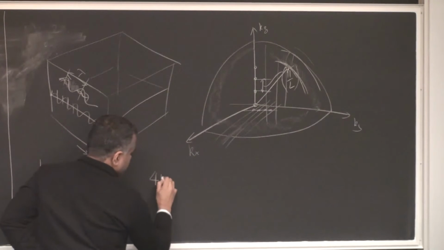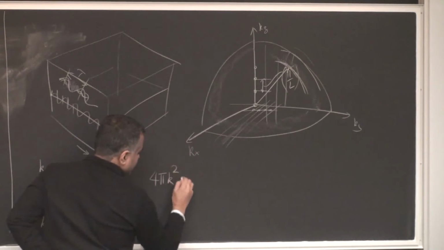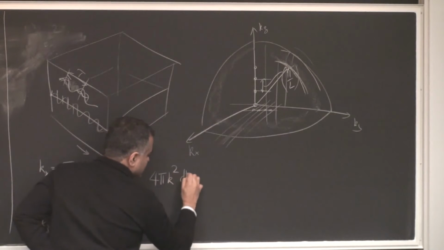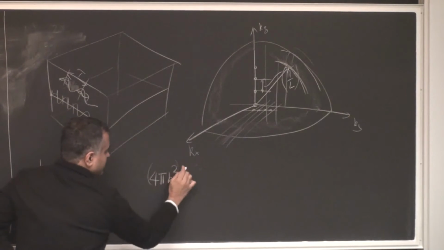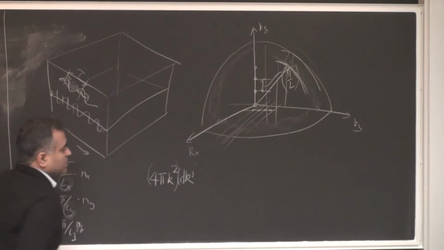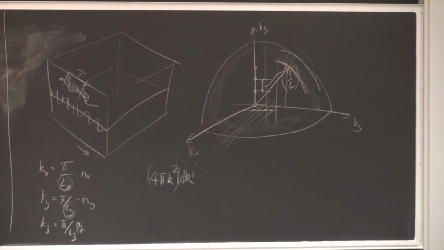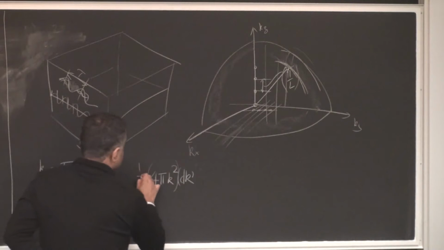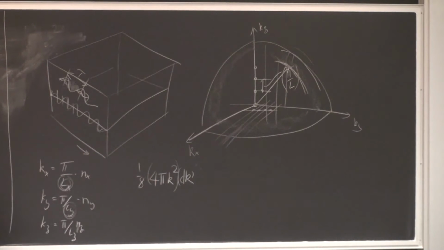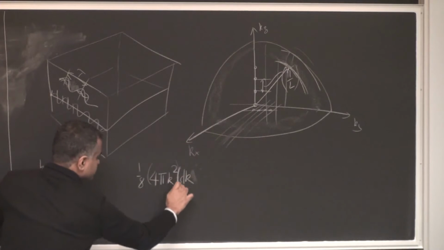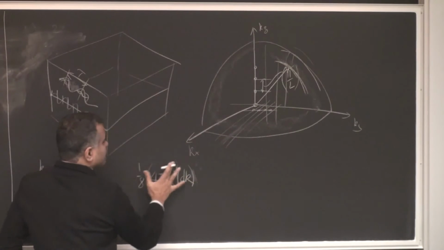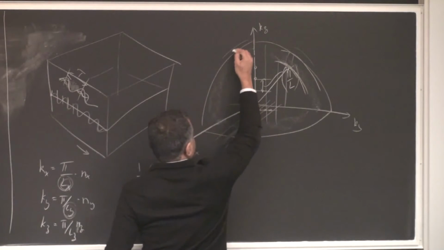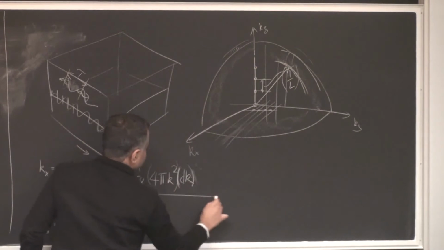And the surface area is 4 pi k squared times dk. Surface area is 4 pi k squared. dk is the thickness if I go out along the k radius direction. And it's 1/8 of the sphere, so it's 1/8 of the whole thing. So that's the volume of this thin shell around. And each